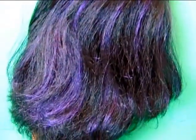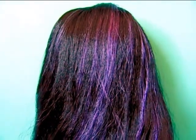There we go. And this is from the back. So yeah, as you can see, she has a really nice amount of hair. It's all fluffy and beautiful now that I have washed it and conditioned it. And I think, if I am correct, she is wearing it just simply like this, how I did her hair, simply